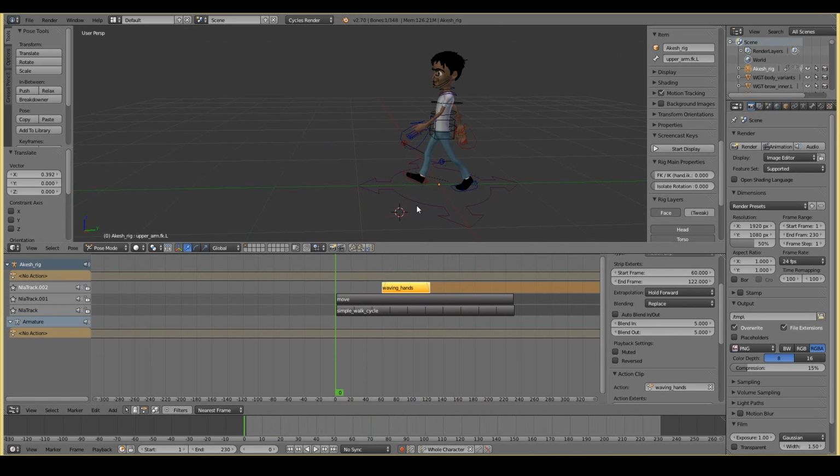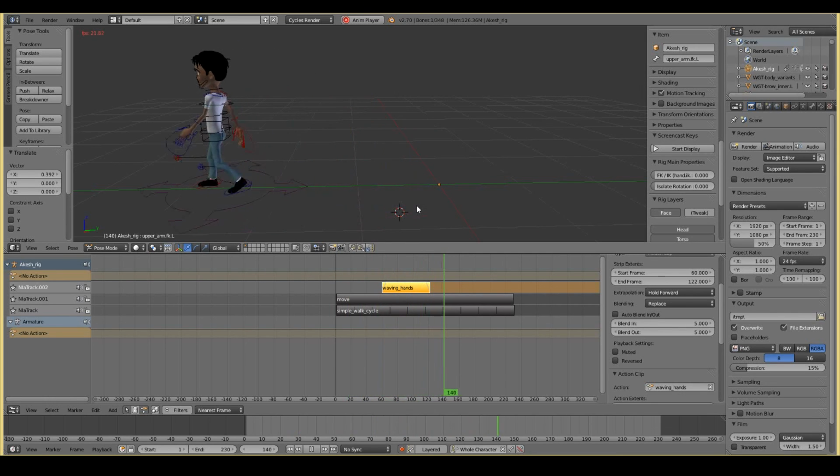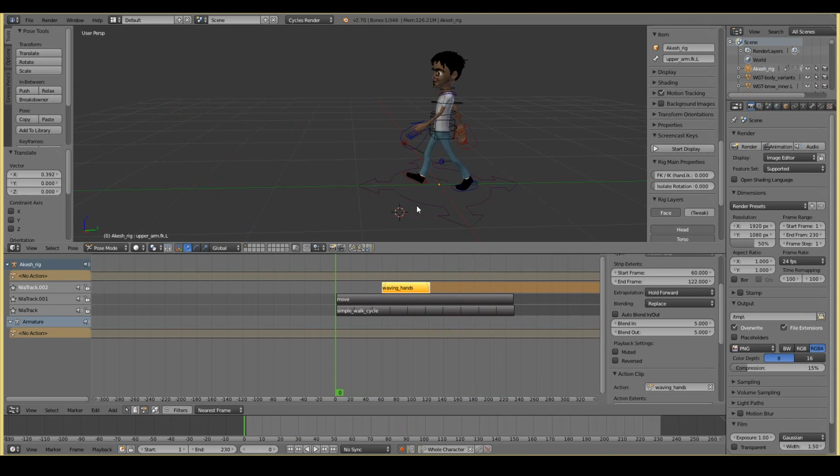I have to admit something, this is how I used to create walk cycles for my films, my earlier films especially. I used to create a walk cycle, repeat it a few times, create a move action, and move the entire rig, and any other actions like waving hands or some other expressions, I created as an action on top of that.